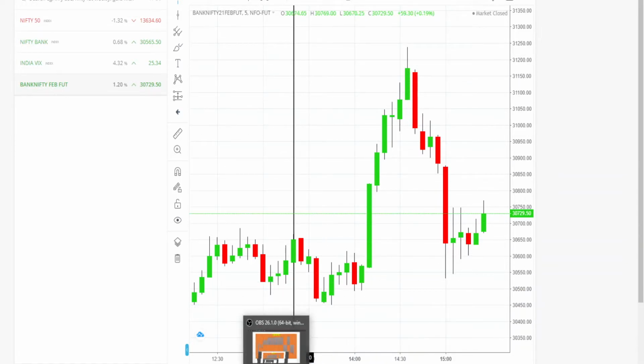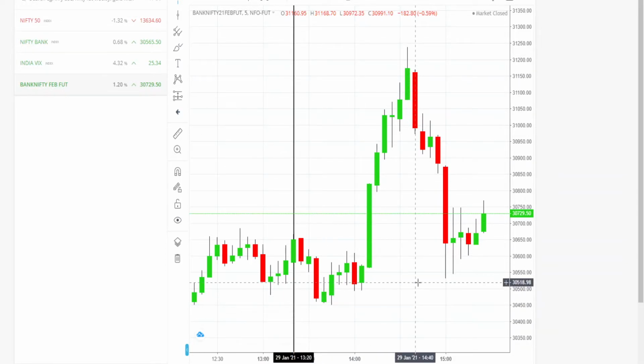So all these things I have already posted in the Telegram group, you can go and watch there. And I don't give tips, like buy level, sell level and all. Why? Because I need to trade myself. When I see at 10:20, I'm fetching the data, I have to do everything. I'm not here to give tips, but I am here to show what is possible in this market. Please don't rely upon anybody.